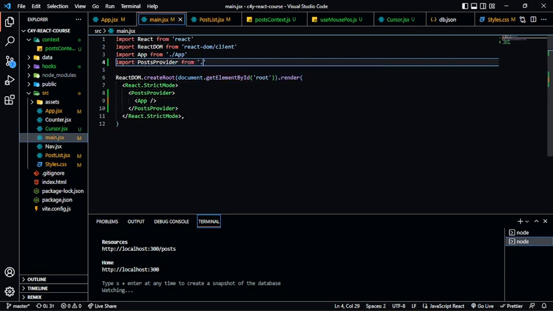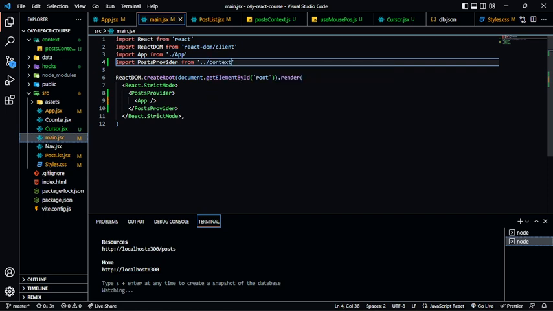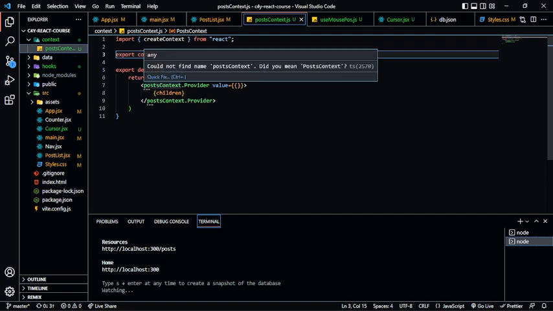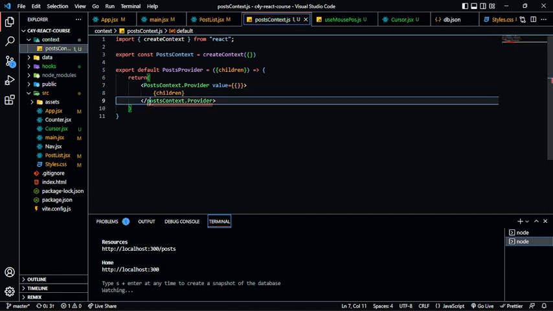from the slash. I need to go out of this directory. Then I need to go into my context, then slash PostContext, and I think I should have access to that already, since this is the default export. I don't need to add curly braces. So just to make sure everything works. Okay, there's a mistake. I actually changed the name, so I need to change this to PostContext